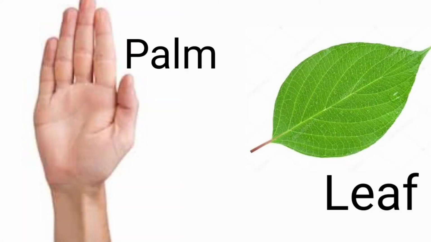Area of irregular shapes. Now we are going to find the area of irregular shapes. For example, a palm or a leaf does not have fixed dimensions. Do they have fixed length and breadth? No. As they do not have fixed dimensions, we do not have any standard formula for calculating their areas.